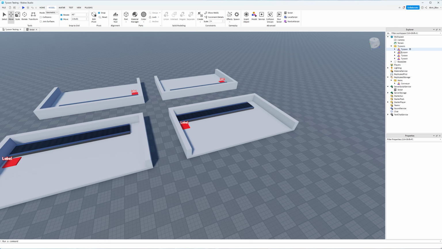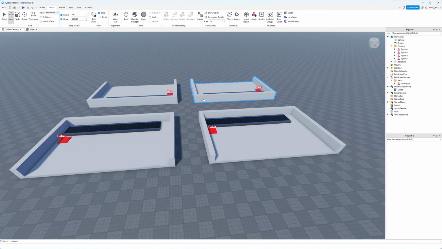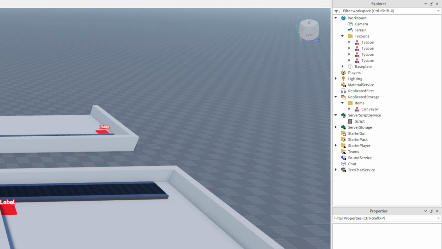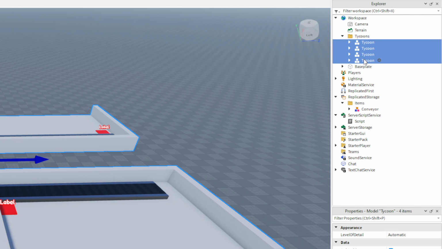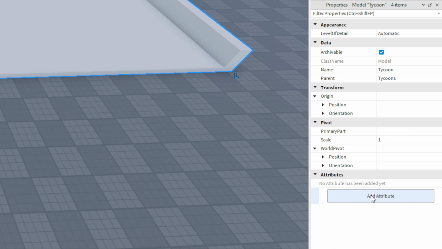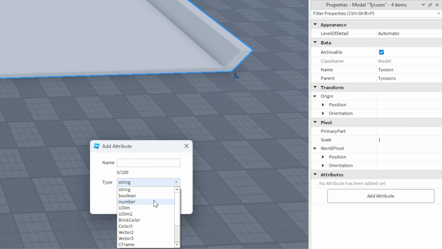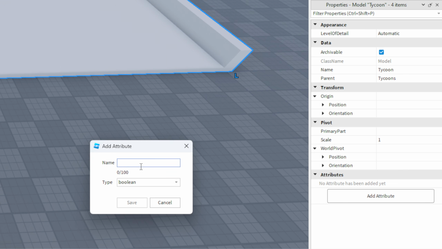But before that, we just need to set up a few more attributes because we need to store information about who owns a specific tycoon. So if we head back to the Explorer panel and select all of our 4 tycoons at the moment, and then head down to the Properties panel, let's select Add Attribute, and we want a Boolean value, which is a true or false value, and we're going to call that Taken.